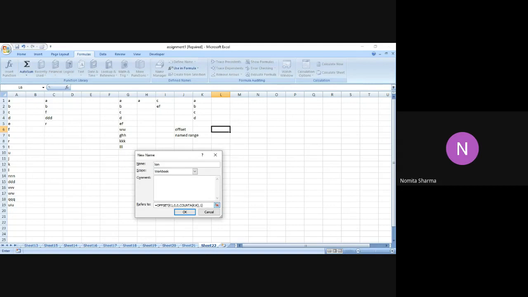So what I've done is, first, I wrote the offset function with the list which I have made as A to D. And I actually did that to copy that offset function in this range which I have to mention in the defined name. Second step, I go to the Formulas tab. In Formulas, I go to Define Name. And when I get this window, I give a very unique name.